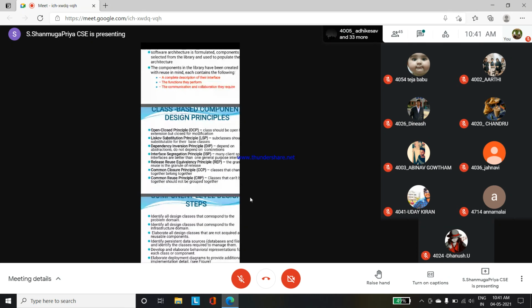It will give the detailed description of what attributes we are using, what operations we are using, and what interfaces we are using. All those things it will give the detailed description. Okay, so with the help of class based component design we can identify